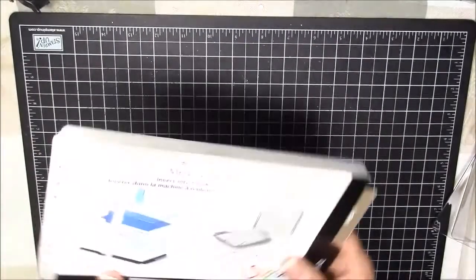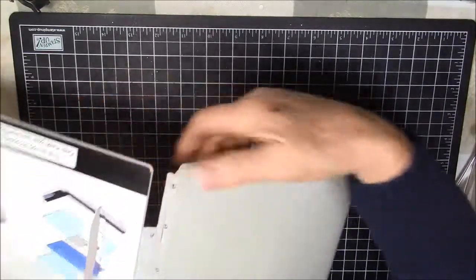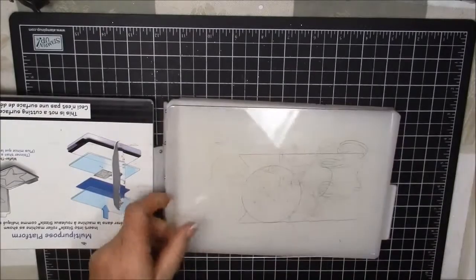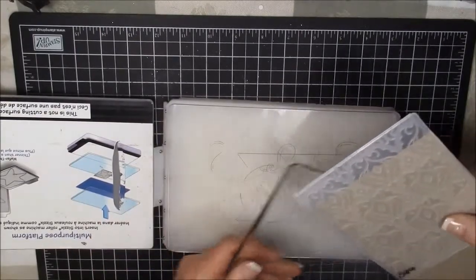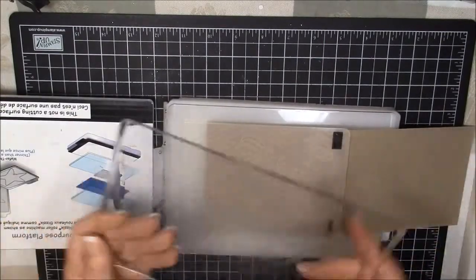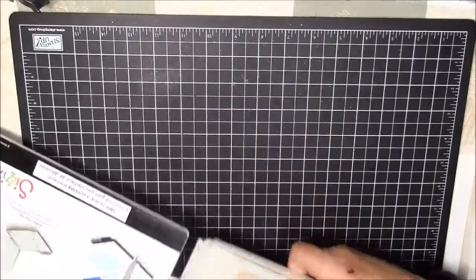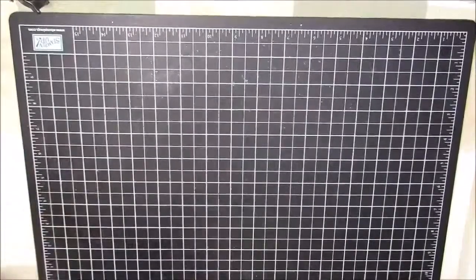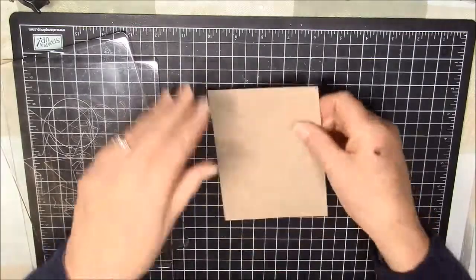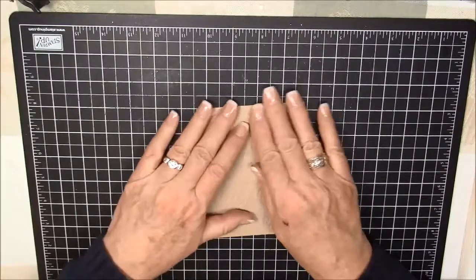What you do is you take your platform, I pull tab 2 back, so it's like this. I put my clear pad down. I'm making a sandwich now. I've got this can hang over the end, and this goes on top, and then you roll it right through the Big Shot. So that's how you do that. Now I'm going to show you another way to run it through the Big Shot to do the